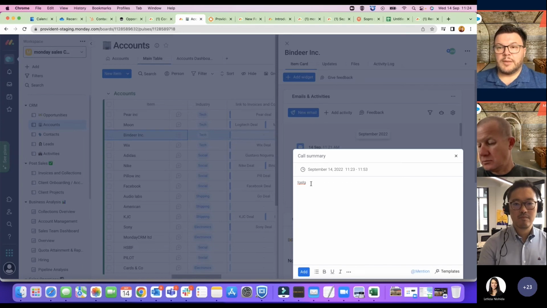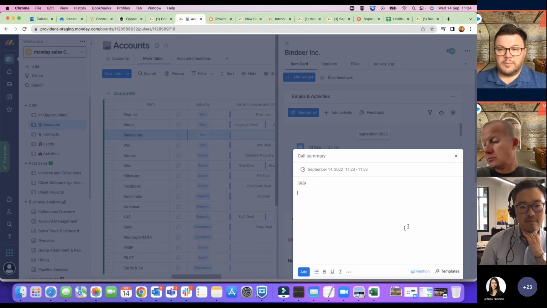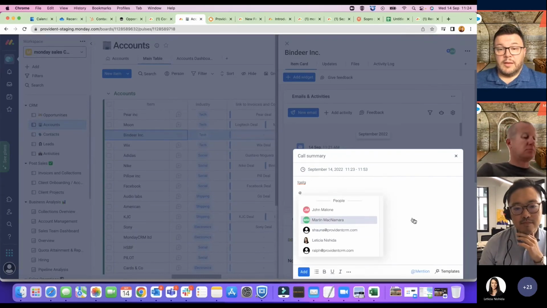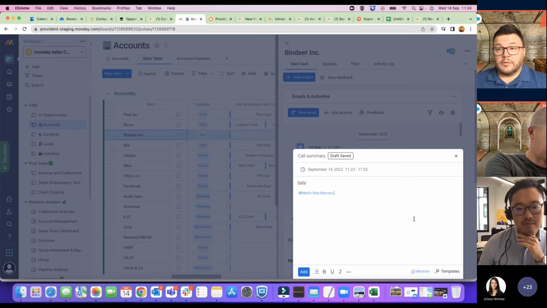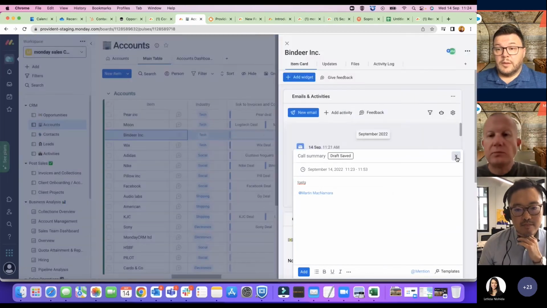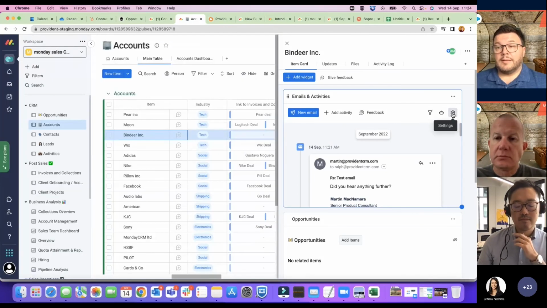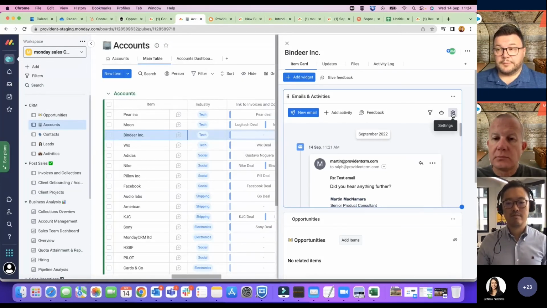What we're doing there is we're again showing that, okay, I spoke to Martin today. We had a conversation about a client. This is the updates we had with regards to that phone call. And all of a sudden, that's being able to be held within the system and people are able to see it. And if needs be, we can even create a mention specifically for Martin, so he knows what's going on with that. This is all about transparency, all about communication, all about letting the team know what's going on within that.